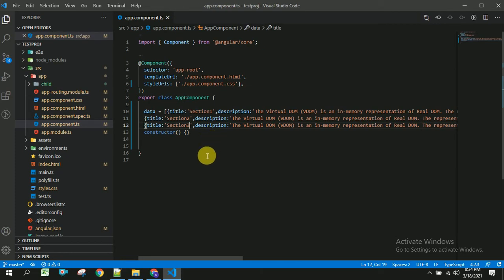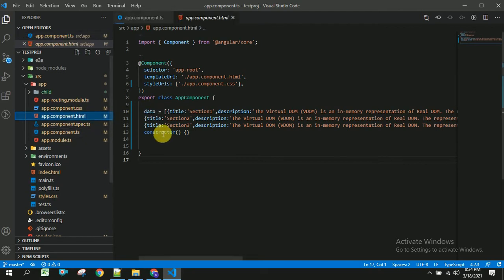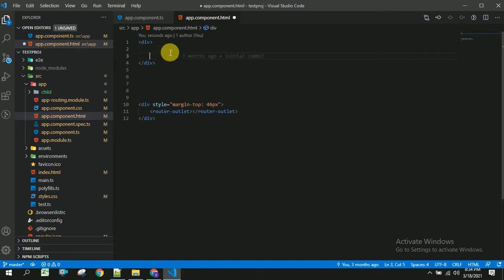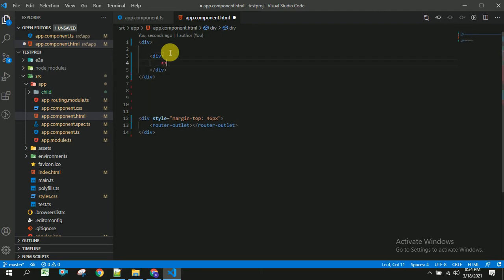Let us save this. Now we will render this data in our app component.html. Inside this I am going to take some div, and inside this div I am going to render my data.